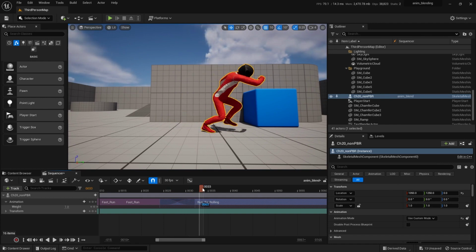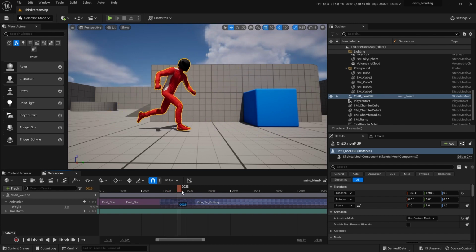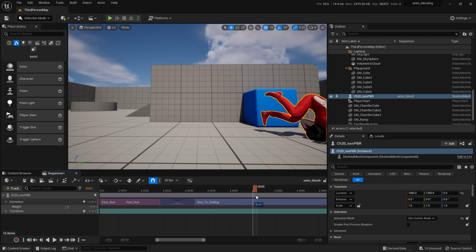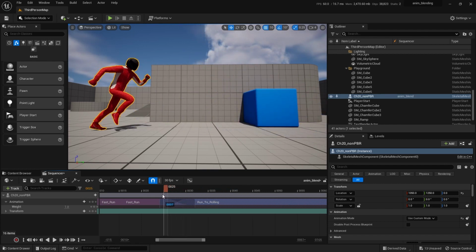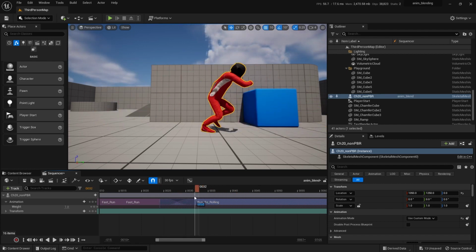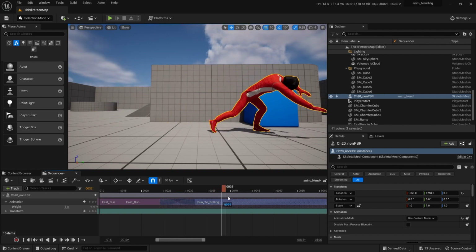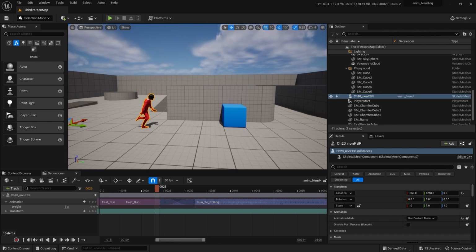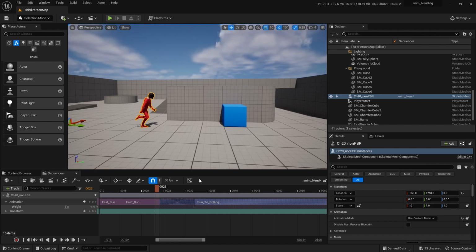He's got a little bit of a slide there on the right foot. It's actually not that bad. I mean, if it's moving fast, who notices? It's just for fun. You can fine tune these kinds of things as much as you want. That's why I'm not an animator. I don't have the patience to fine tune stuff.